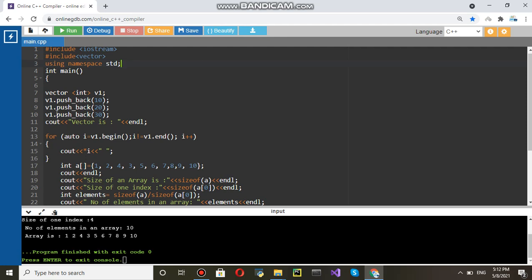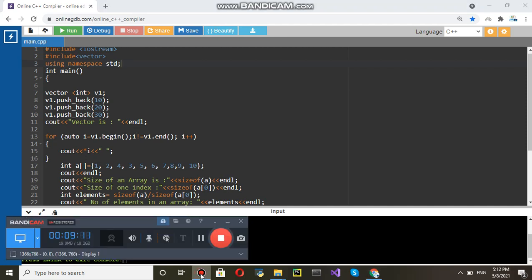Then line number 7 to 16, the vector concept you have added by using the function push_back, right? And the for loop starts from v1 dot begin and ends at v1 dot end, and by using a pointer i, you can get the value at that point. So vector internally is using the concept of pointer. Thank you for watching.